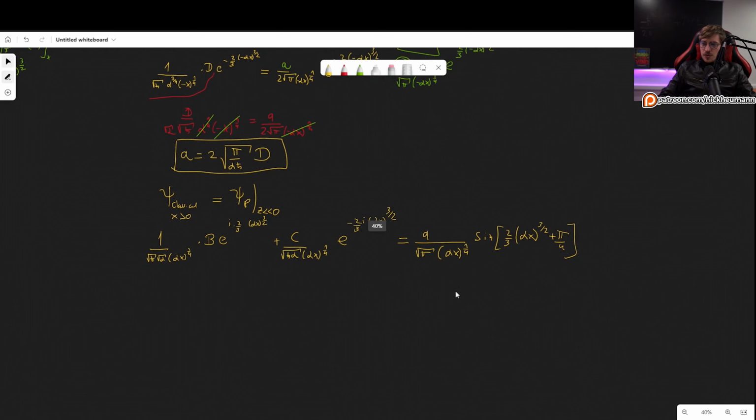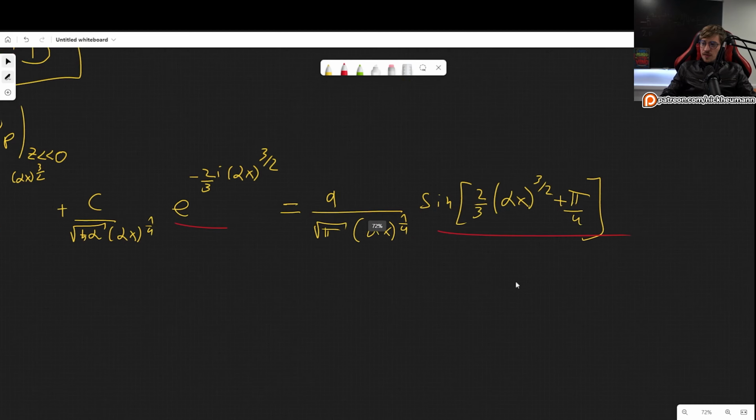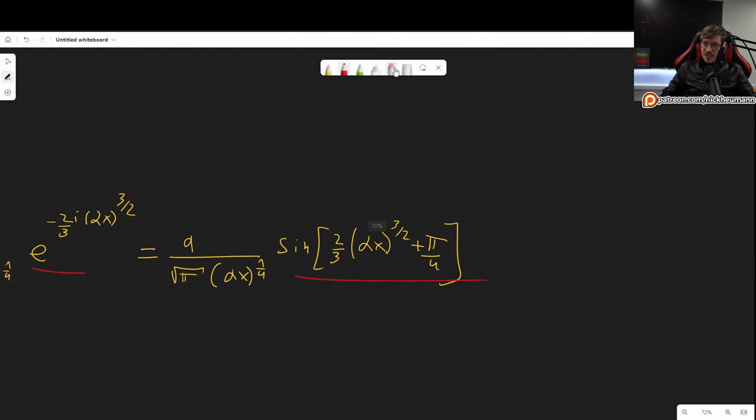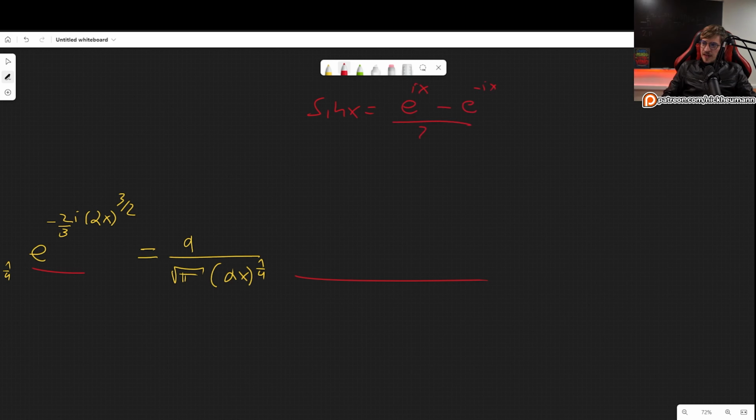Now, if we want to compare both sides, we have exponent, exponent, sine. So we need to either turn exponents into sines or sines into exponents. Going from sine to exponent is much easier in this case, so let's go for that. So considering that sine of x is e to the ix minus e to the minus ix divided by 2i, we can now simply write this as